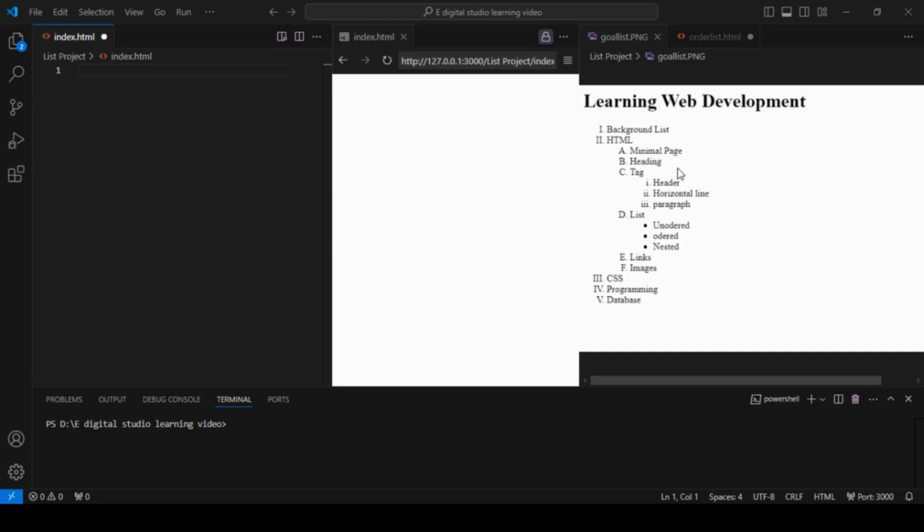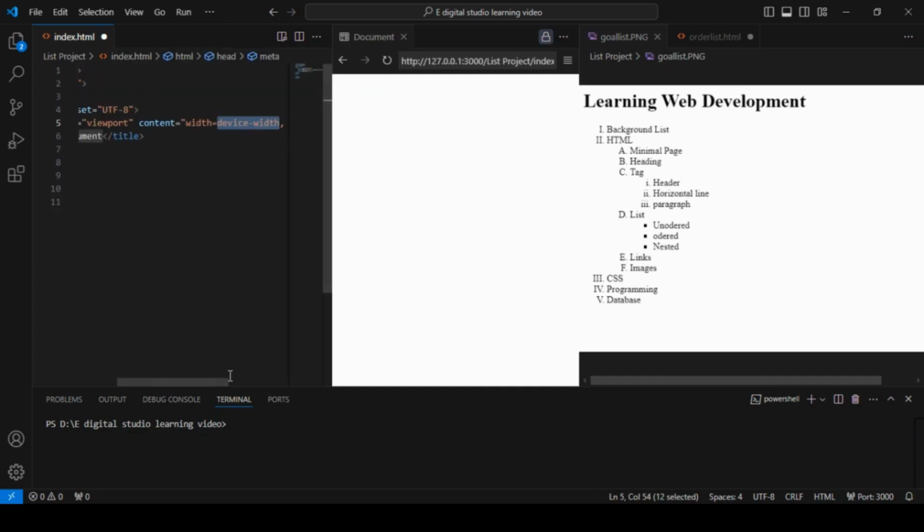Now let's start with the goal project. Here you can see the goal PNG is given. To start with, here it has been written learning web development. We have previously learned how to create this kind of heading. To create this kind of heading, we would use the h1 tag. And before that, we would create the HTML structure. The shortcut for creating that HTML structure is exclamation and enter. The whole HTML structure is written. In the body, we would write the h1 tag